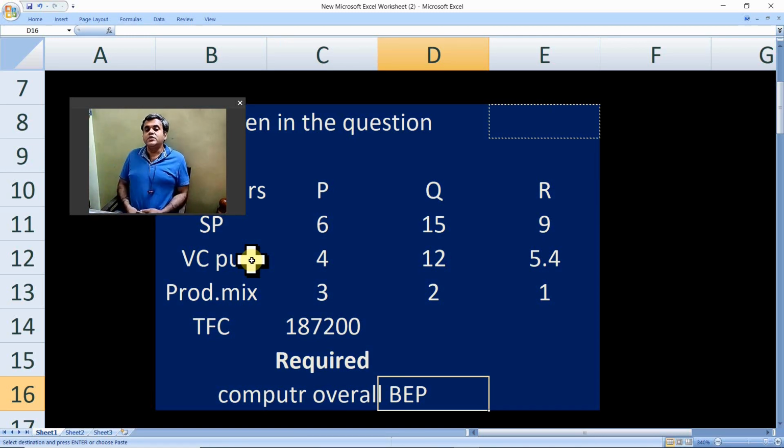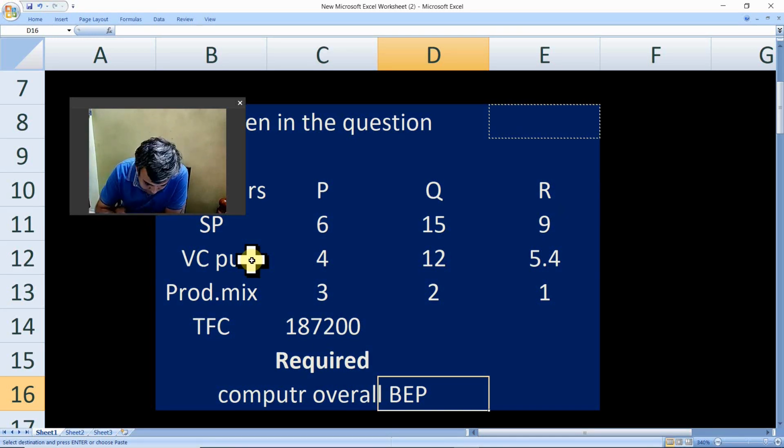See, usually the answer is, if the requirement is not clear and specific, do both if data is available. It may take only a fraction of a minute to do the other one. So do not take a choice there. If the question is not clear and you can solve both, try and do both. So in this case, I'm going to do both. But I'll first explain only BEP in units now. Shall I proceed? So let's go for it.